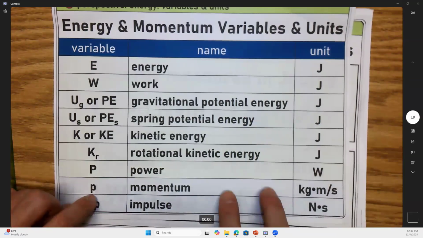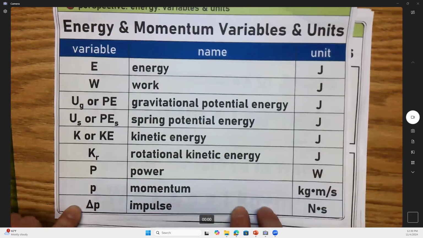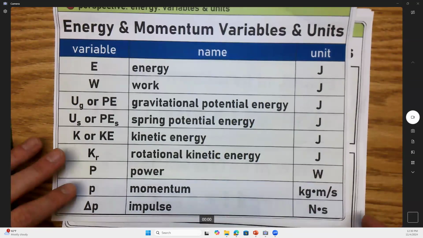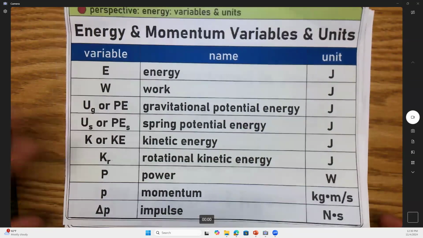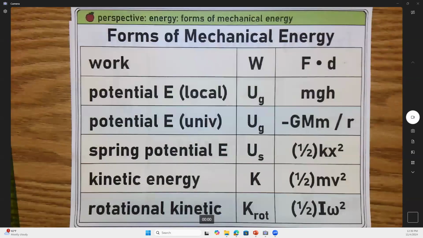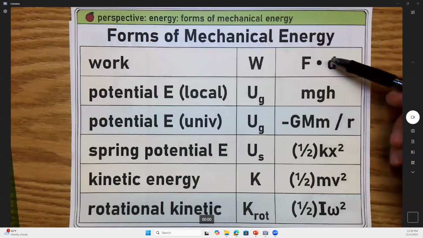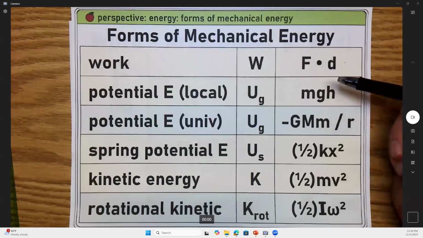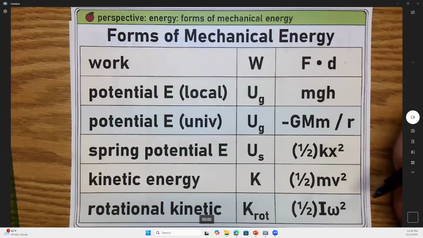Oh, also, don't worry too much about these 2 blue lines at the bottom yet. That's for a few weeks from now. We'll be talking about momentum. We're not quite there yet. Right, so let's look at these forms of energy, which each come with a certain expression, a certain formula. We're going to go through these one by one. I'll tell you guys exactly what they are and how they all relate to each other.